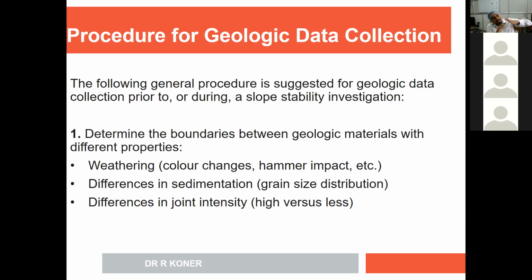Whether the change has been observed in that particular rock due to weathering, you can check using a hammer test. If you are an expert geologist, you can also estimate by eye whether the rock has undergone weathering or not. You also have to determine the differences in sedimentation and grain size distributions, for example boulder size at the bottom and the middle. You can easily observe the long sedimentation process.